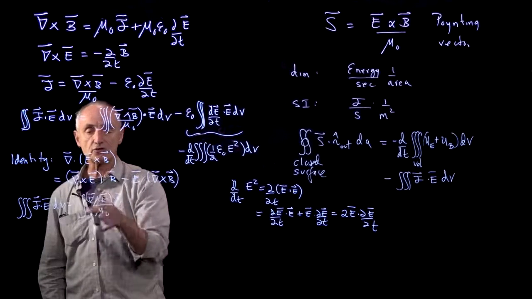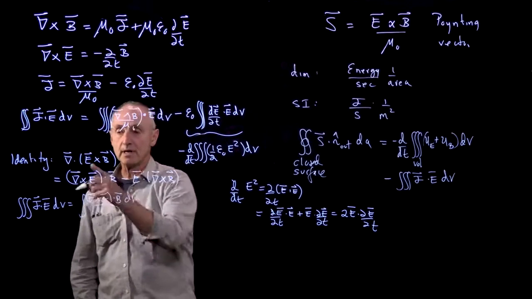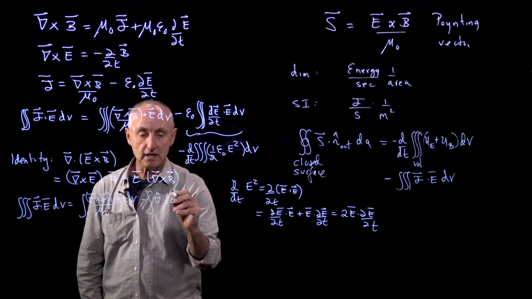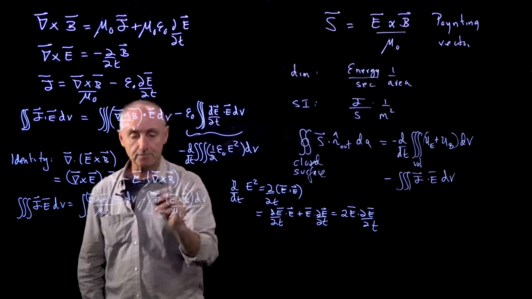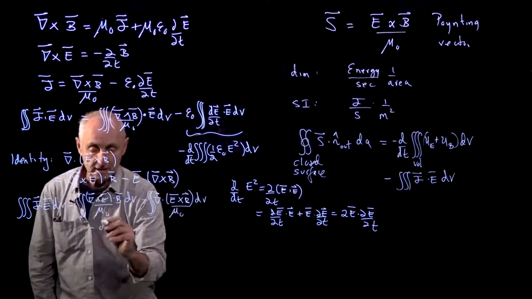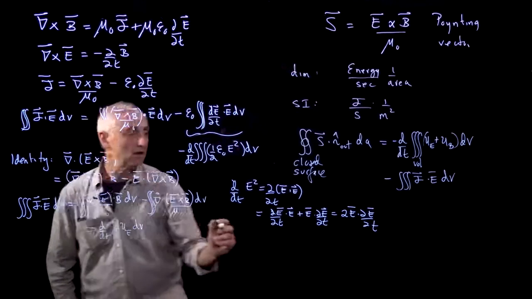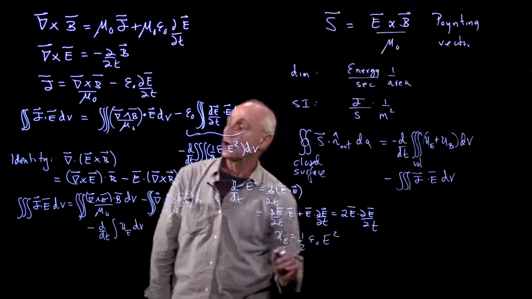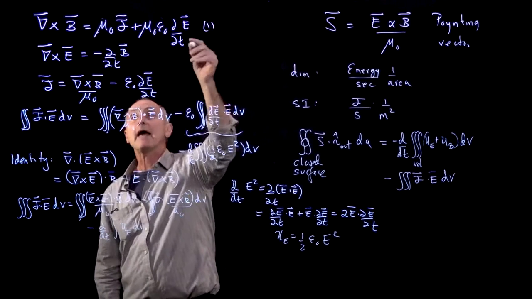That represents this first term, dV. The second term is minus the divergence of E cross B over mu naught dV. And don't forget that we have this minus d by dt of U, the energy stored in the electric field, dV, just to keep in mind that the energy stored in the electric field is 1/2 epsilon naught E squared. So far we've used the Maxwell-Ampere law, and we've used